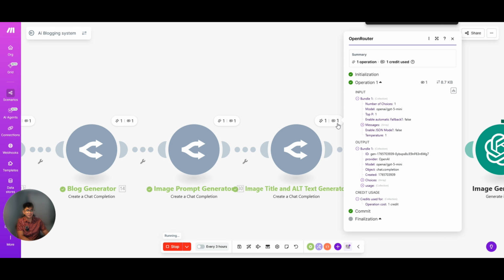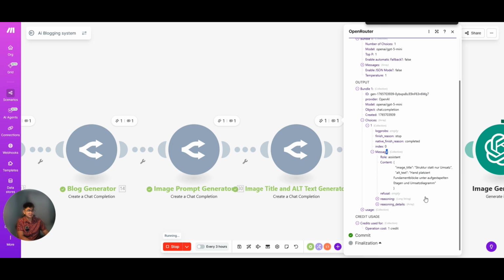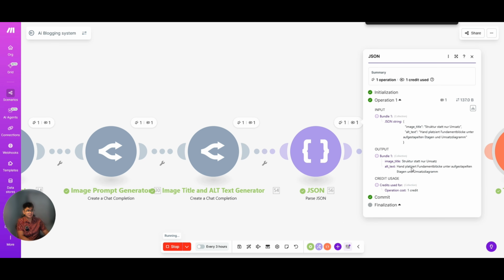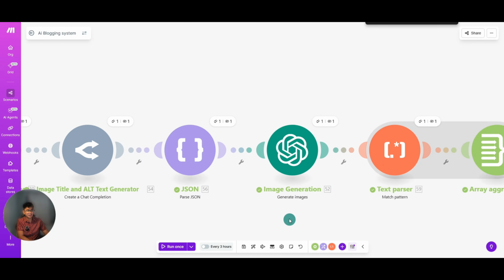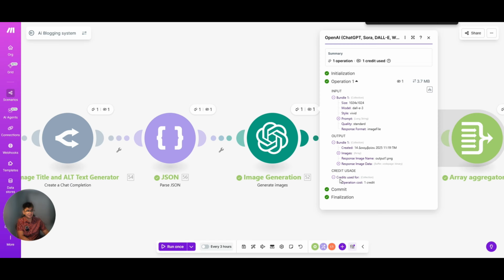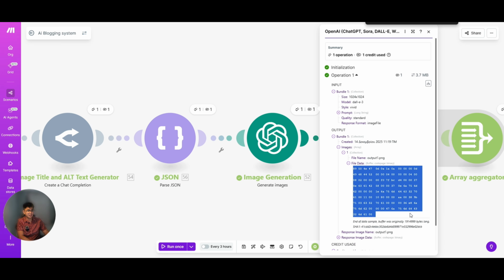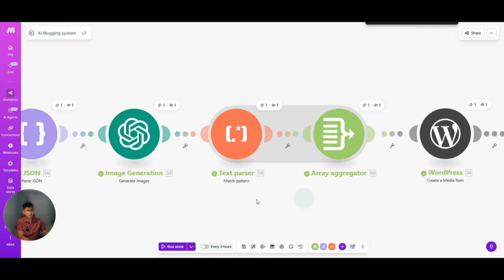Let's check the image title and alt text generated. Yeah, it's good. Now for the parsed image title and alt text, let's check. Yeah, it was parsed correctly. And the image generated is in the form of field data, which we can see later.